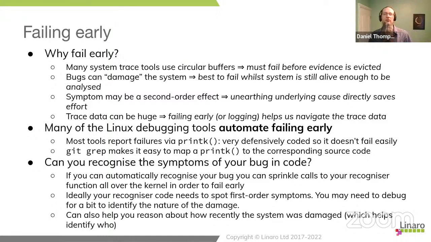Most often when you have a bug, if you failed shortly after the bug manifests itself, then you're only trying to look at 10 milliseconds maybe of trace data. It does depend on the nature of the bug, the window, but a very small window. So you might have captured many minutes of trace data, and there's only this tiny 10 millisecond window that you actually care about. So finding when that happens by having something wave a flag and say this has not worked correctly really does help you navigate these big trace logs.